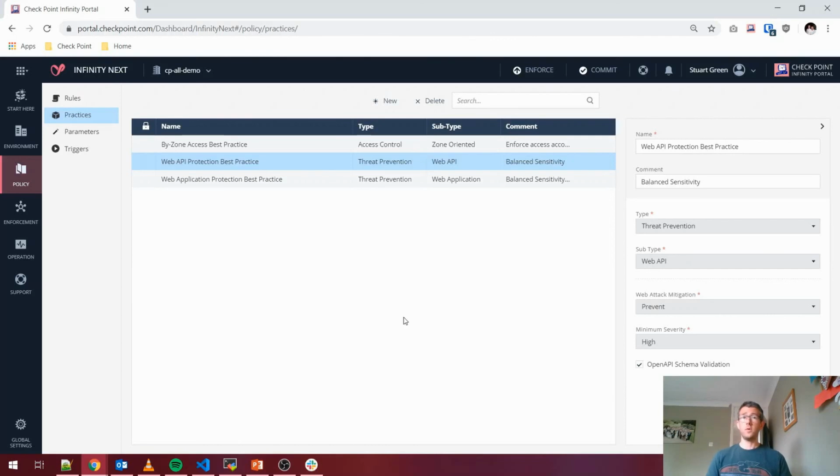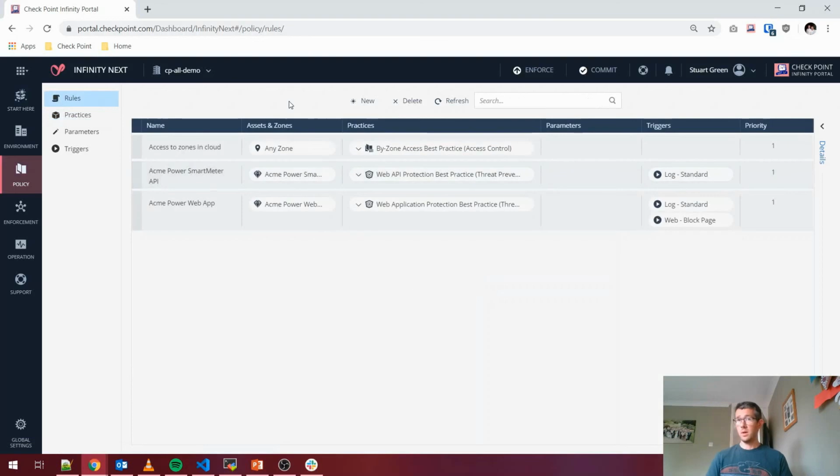So once you've got your practices defined, you put those together into the policy. The policy combines the assets and the zones, so your web server or your agent, then the practice on top of that, and then what you want to do to it, whether you want to log it, or if you want to trigger something else like a Slack notification. It's all very simple, and the goal of it is that, especially for WAAP, it's meant to be a lot